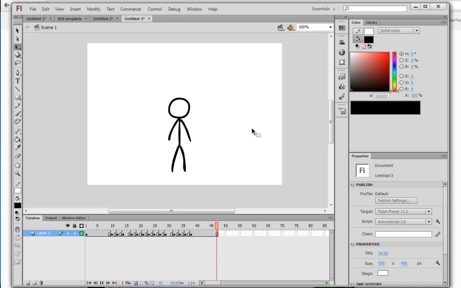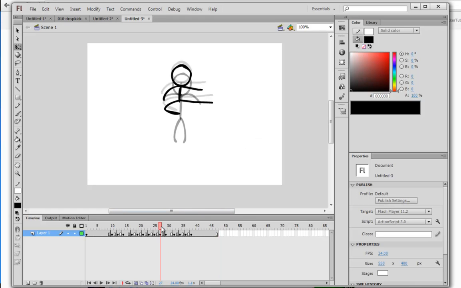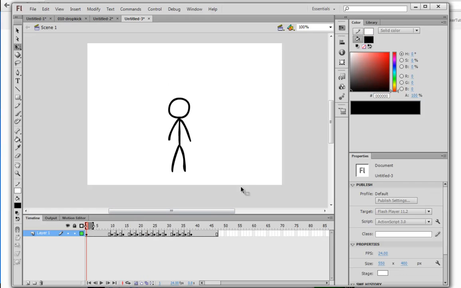So yeah, as you can see, we're getting smooth motion without redrawing anything, except for that one time we redrew that one leg like that, but we barely redrew anything. So that is a basic overview of object drawing, and I will continue to make tutorials as you request them,